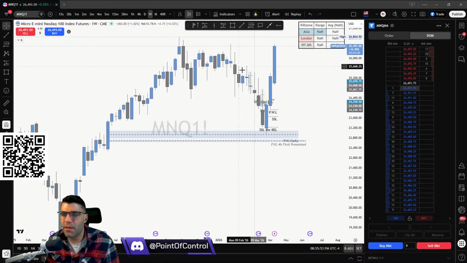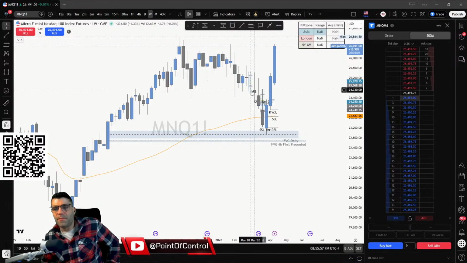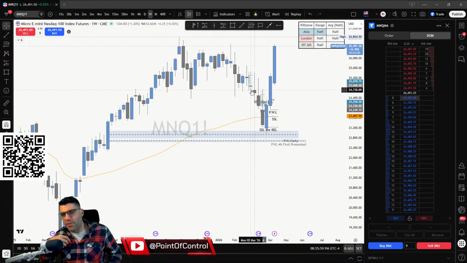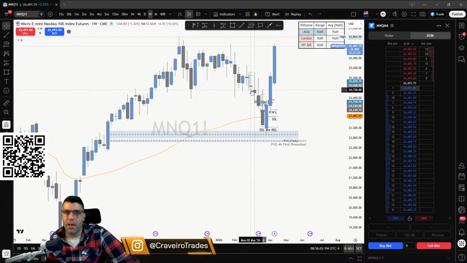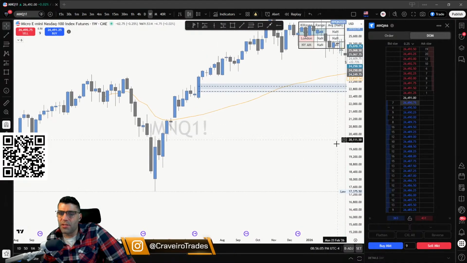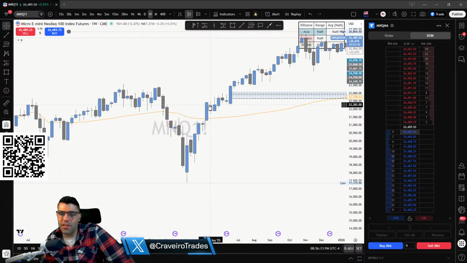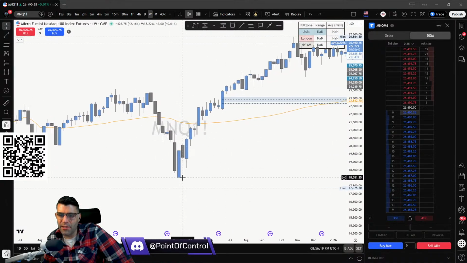This was really horrible price action over the last few weeks. Only experienced traders were kind of surviving this. This was very difficult to survive in. As you can see, each one of these candles represents a week right now, because remember last week we went over the time frames. So right now each candle represents a week's worth of price action, and we have very